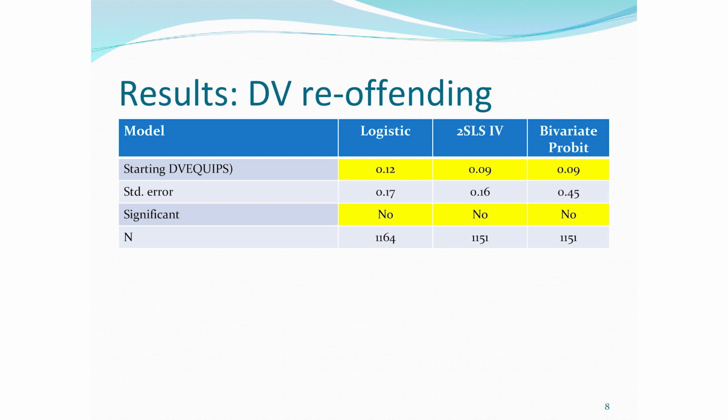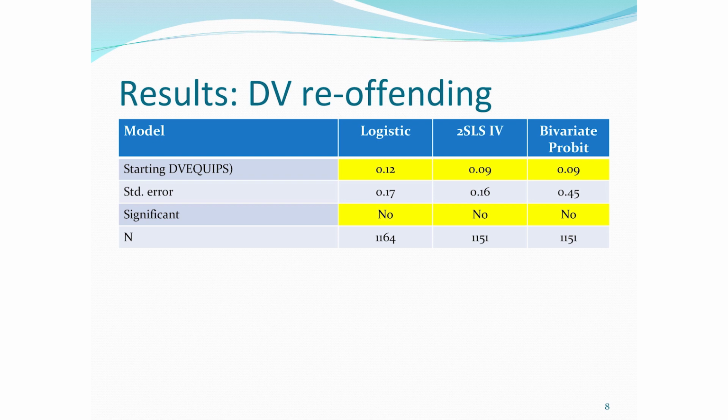And for DV offending, things weren't even heading in the right direction. There was no indication at all that you were getting a reduction in reoffending, despite the fact that the sample sizes are all quite sizable. So the take-home message at that stage of proceedings was that we had no evidence that DV EQUIPS reduces DV.